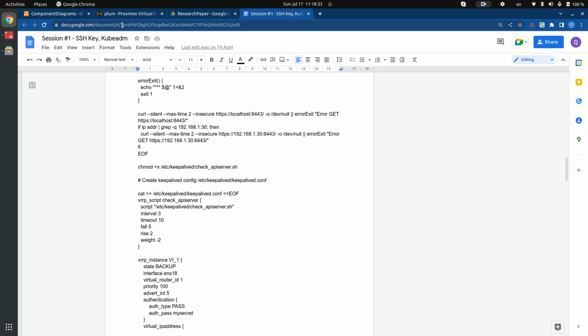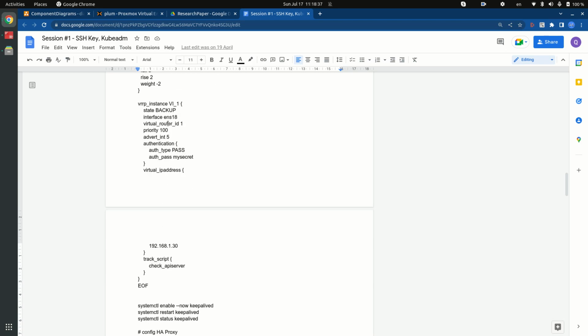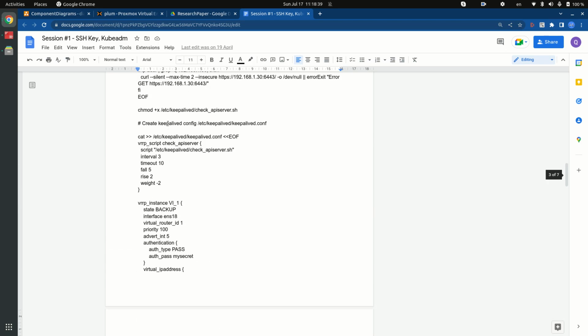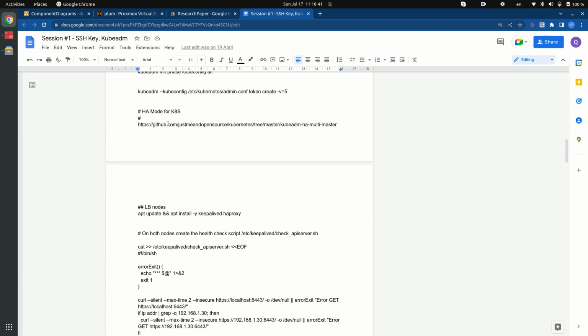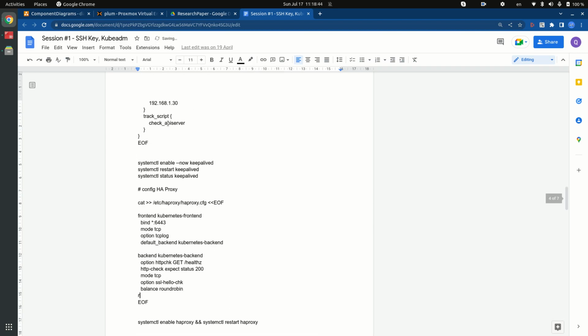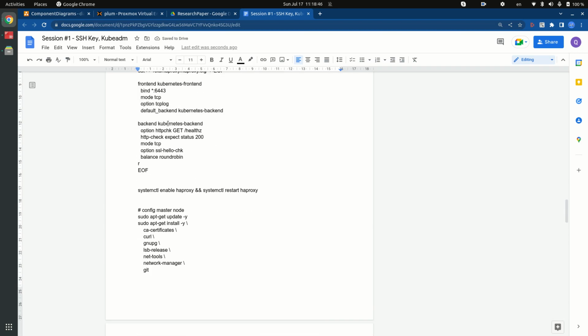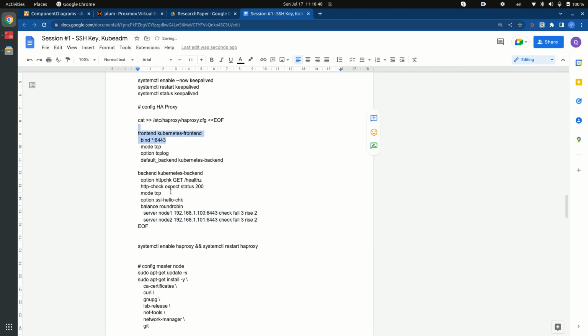Yeah, so put it aside. Let's definitely go to the HAProxy open source. As you can see here, I'm definitely not knowing what I did recently. So yeah, there is the HAProxy open source configuration